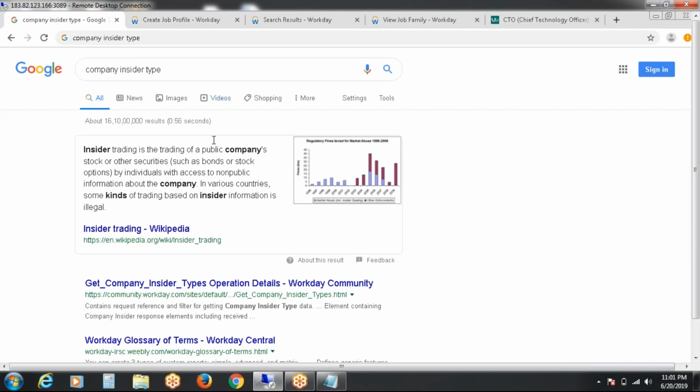Okay. Those who deal with stocks and all are called company insider type. Along with the salary, for some positions, the company will offer shares also, such as bonds or stock related shares, for the security process. To hold that main position in the company, the companies will offer shares to that employee.